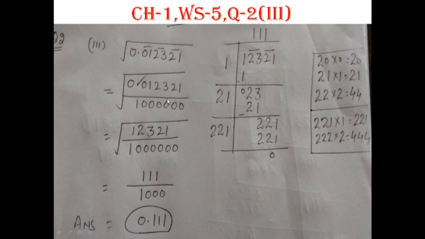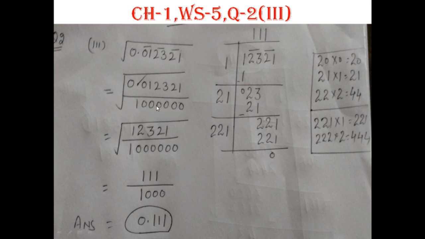By removing the point, I got 6 zeros here, because you know that first of all we count all these digits and then we remove the 0 by marking this number here. We will mark 6 zeros. We will write 6 zeros with 1. But this method will work only if the number of zeros is even.